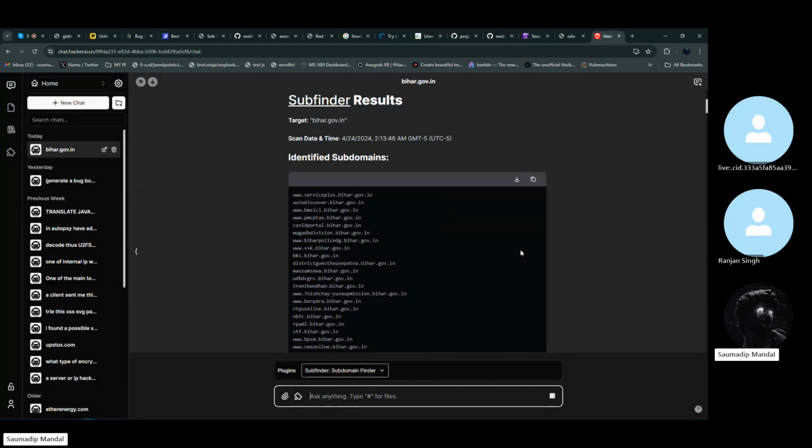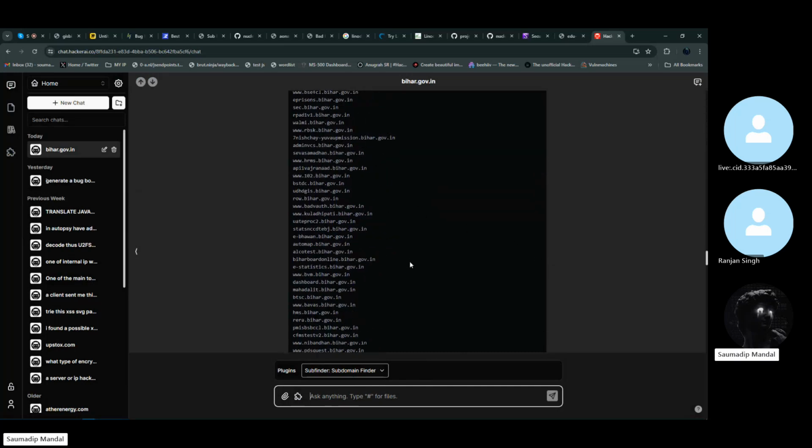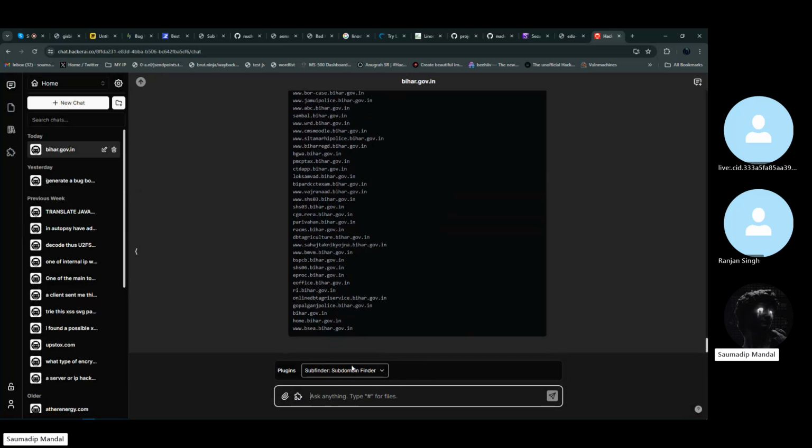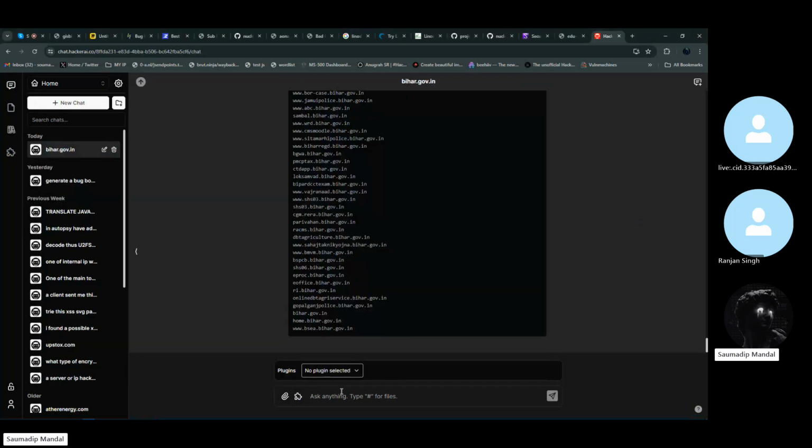And if you have Linode, you can run this tool in Linode too. So these are some portable methods to do scanning and all. You can scrape any website as well. And if you choose no plugin, and you go to Kali and have got some Nuclei output, you have to copy it and tell HackerGPT that I have found a